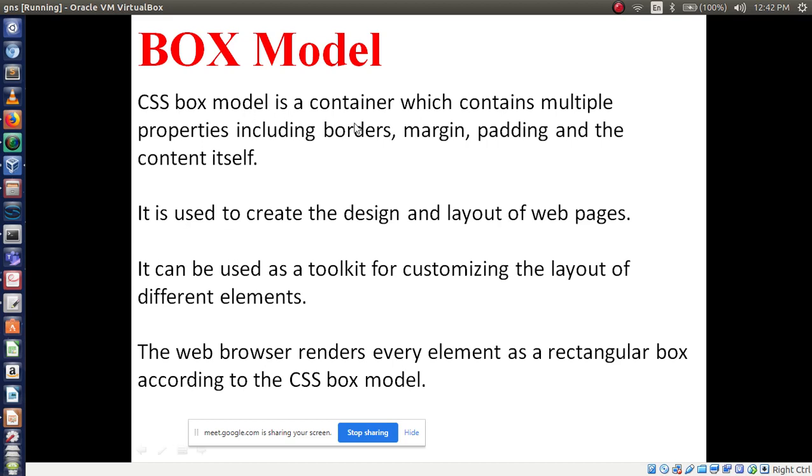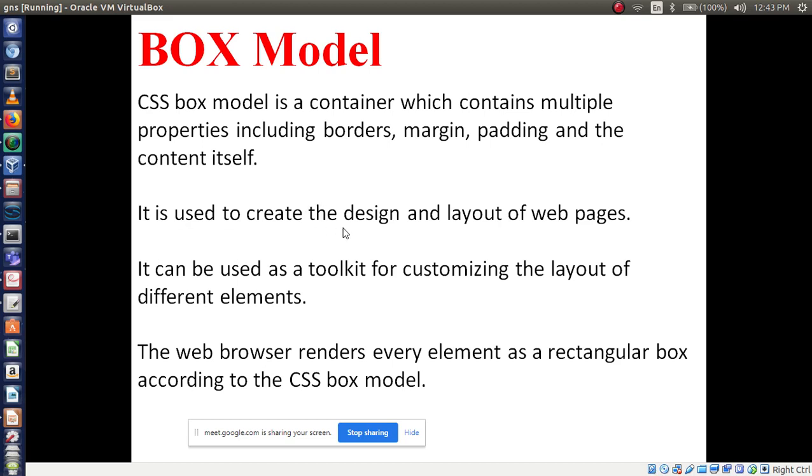Box model is a container. It's what? A container which contains multiple properties. What are those? Including border. Whether you are using a solid green line or dotted lines depends on the border. Then margin, then padding and content. So basically it is a container and it contains border, margin, padding and content.